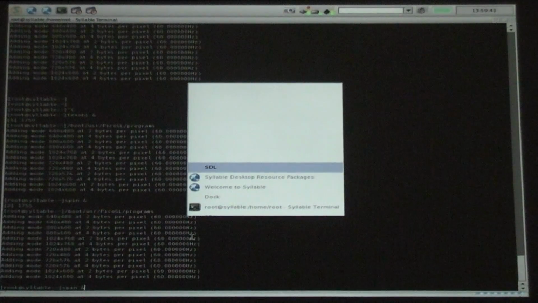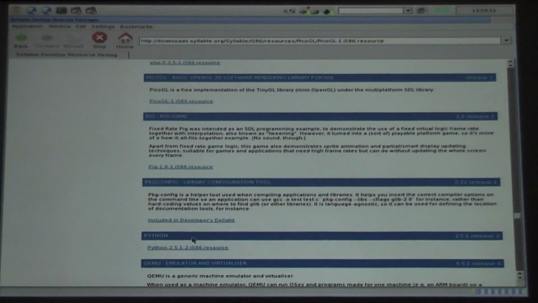So maybe it has trouble showing an SDL window, or what could be possible is that it notices that it's too fast, because if you look at the CPU meter, it's running at full CPU, it's running at 100% CPU, because the demos are running as fast as they can. Mm-hmm. So they're using all the CPU, and that means that the